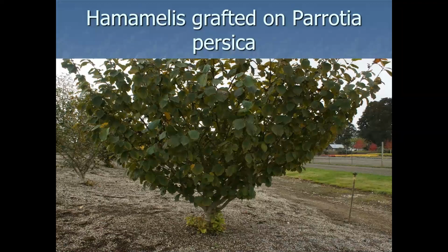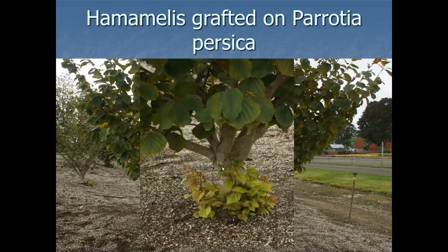But Carlton Nursery, now Bailey Nursery out in Oregon, a few years ago began to graft their witch hazels onto Rhodia. And here you can see some understock. You can see understock back here, and back here. Here's a close-up of it. They were grafting their Rhodia, and I believe I'm correct in saying that the ground grafts, the low ground grafts, the material grafted at ground level,